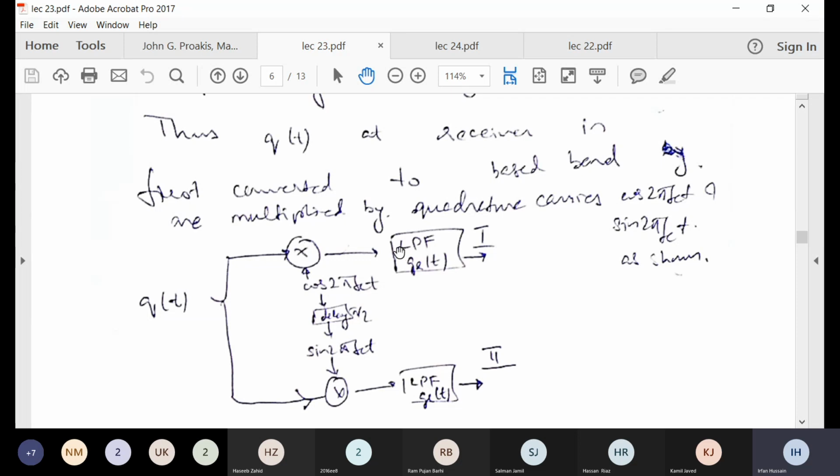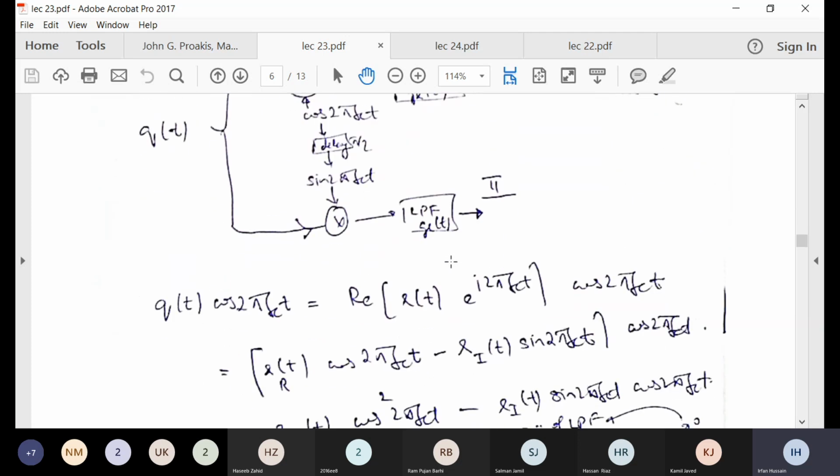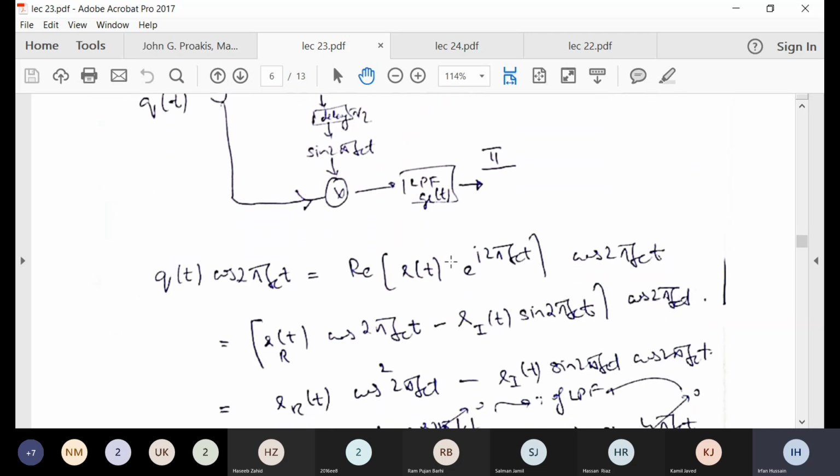So, and then the product is passed through a low pass filter, as we have seen in chapter 3. I have also done some of its calculation so that you can listen. So actually the high pass signal is multiplied with cos. Similarly, you can calculate the high pass signal is also multiplied with sine. So this is the high pass signal which I have definitely written here in terms of the low pass representative times cos, and then I can write this as